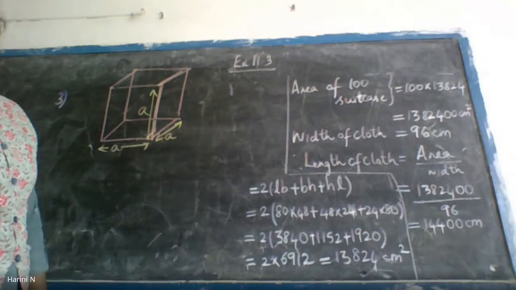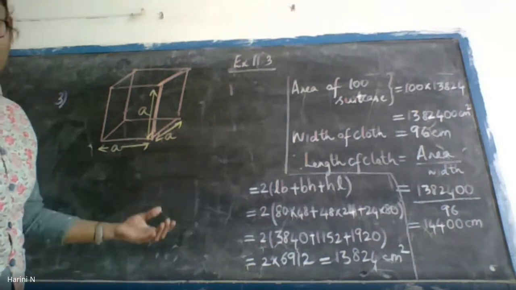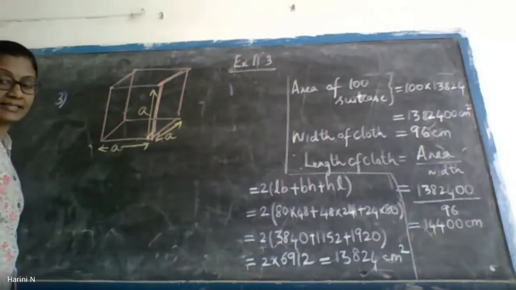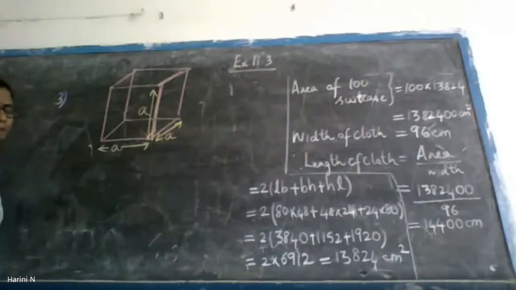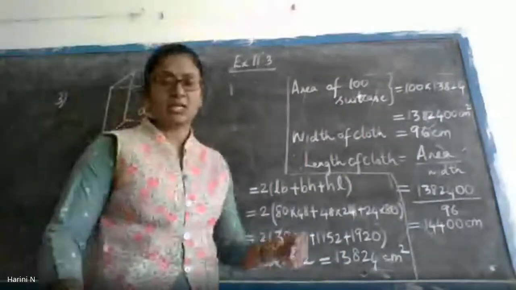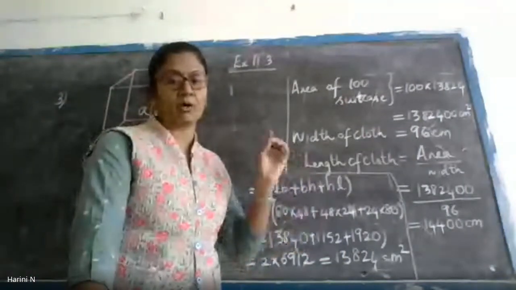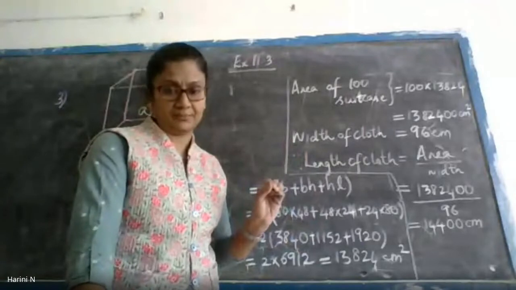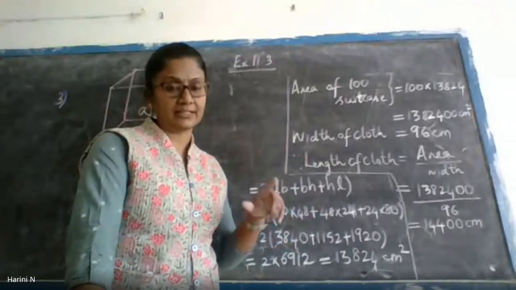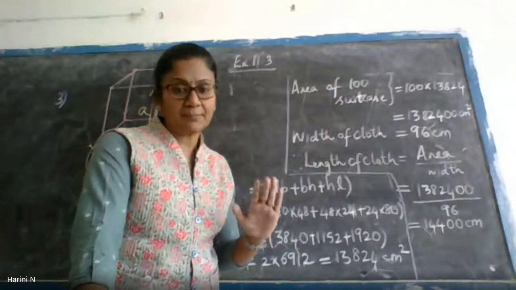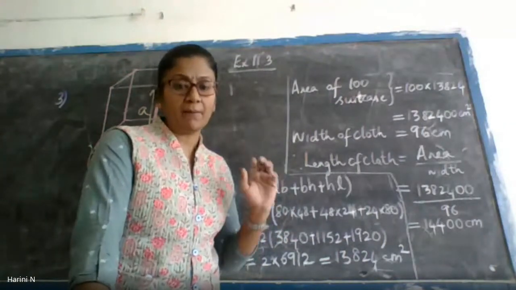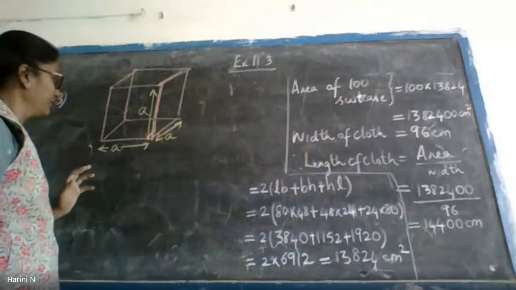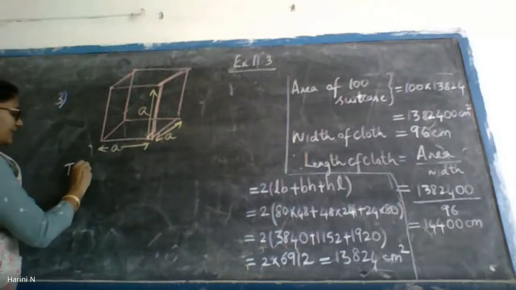So in the problem it is said the side of the cube is what you have to find, whose surface area is given as 600 centimeter square. Whenever they are simply talking about surface area, you must understand we are talking about the total surface area. If it is curved or lateral surface, it will be mentioned. Simply, if it is said surface area, you must understand that it is about the TSA that they are talking. Okay. So the TSA